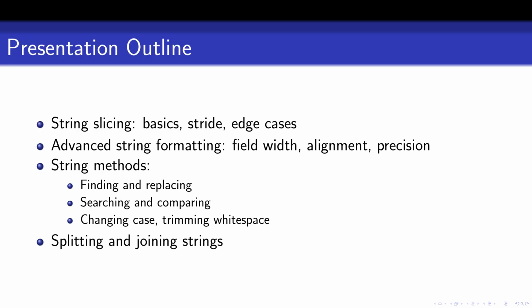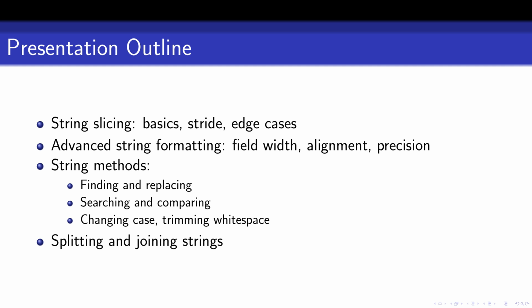The topics in this module are organized into 3 major sections. First, we'll cover string slicing, including basics, how to use stride values, and how to handle edge cases with negative or omitted indices. Then, we'll move into advanced string formatting using f-strings, where you'll learn how to control spacing, alignment,